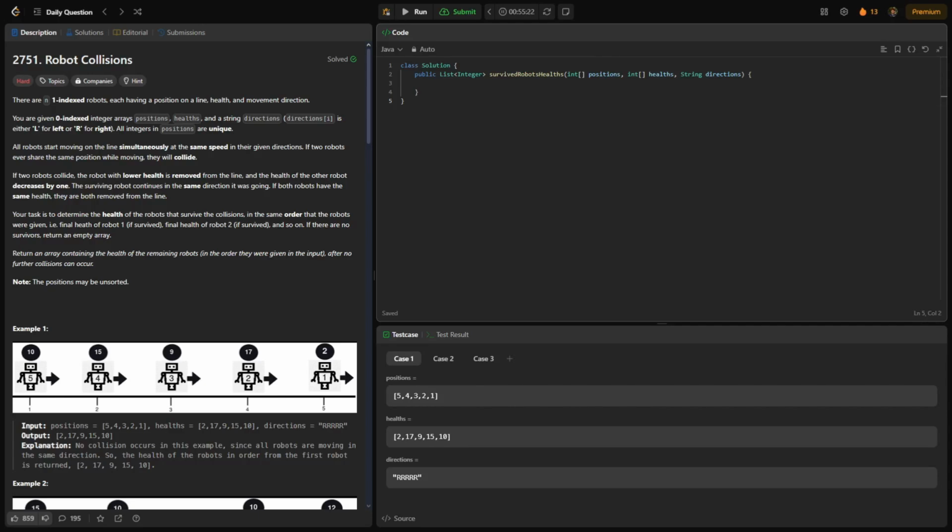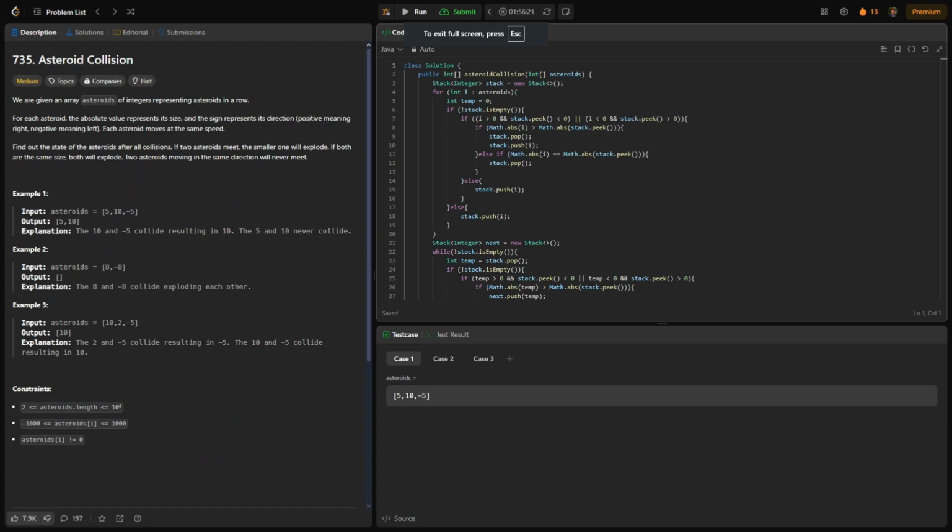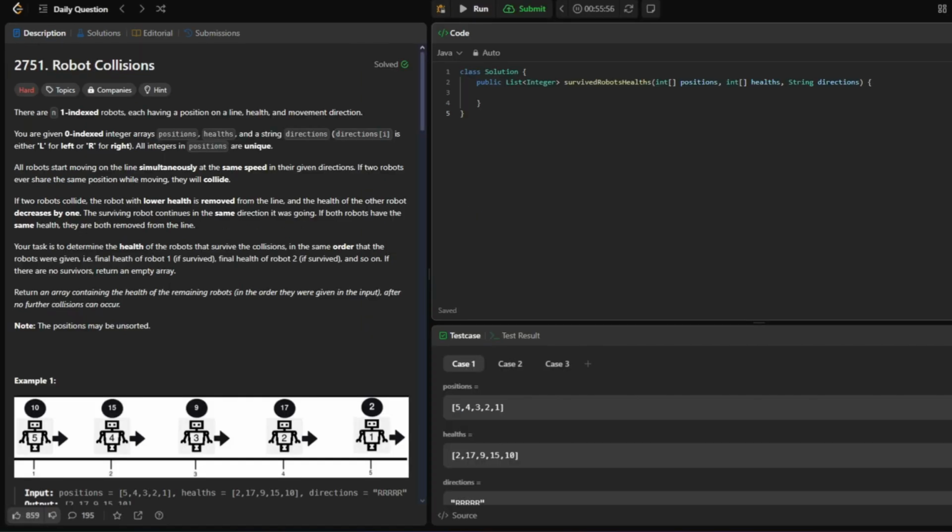Today's daily LeetCode problem of the day is Robot Collisions, number 2751. Before we start with this question, if you want to try an easier version of the problem, I recommend trying out Asteroid Collision, number 735. It's similar. So for this problem, there are 1-indexed, meaning it starts at 1, robots, each having a position